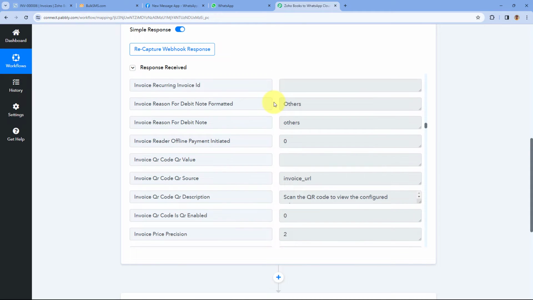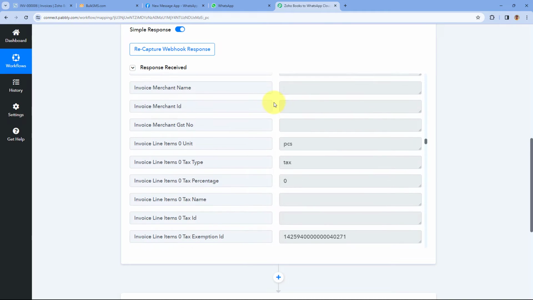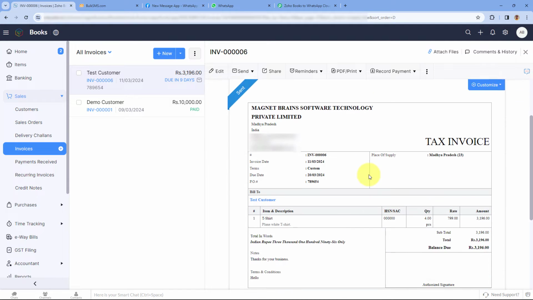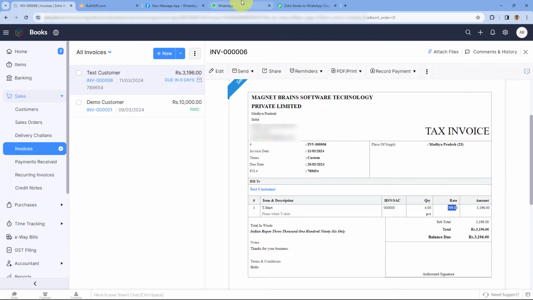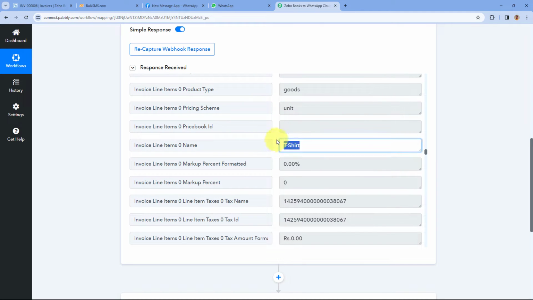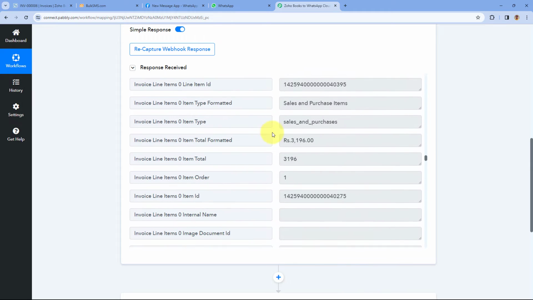We will see the details of the same product which we have selected in the invoice. So we'll just scroll down and search for the details of the product. So here we have the rate of the product, the per unit per piece cost of the product was $7.99, as you can see over here in this particular invoice. Then after that, we will scroll down further and we have the name of the product. It is the t-shirt. We will also be seeing the quantity of the product for which we have created the